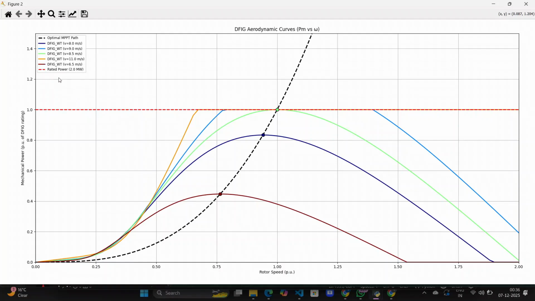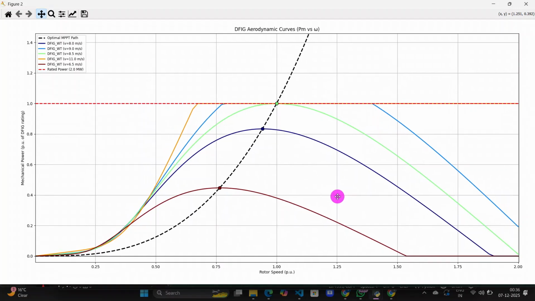So, how much power a wind turbine can extract at different rotor speeds. In region 2, power rises steeply following the MPPT trajectory because increasing rotor speed allows the turbine to maintain the optimal tip speed ratio for maximum efficiency. Once the rated speed is reached, we enter region 3 where pitch control actively limits power to the rated value to